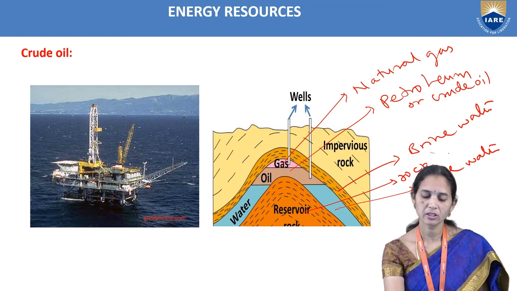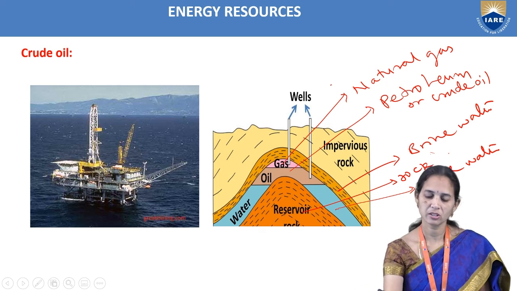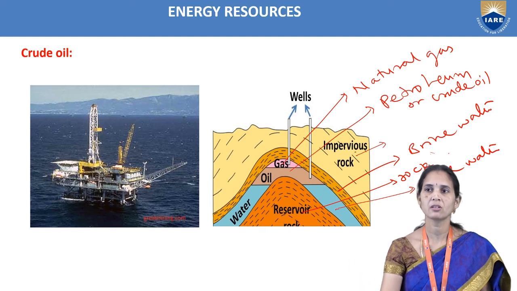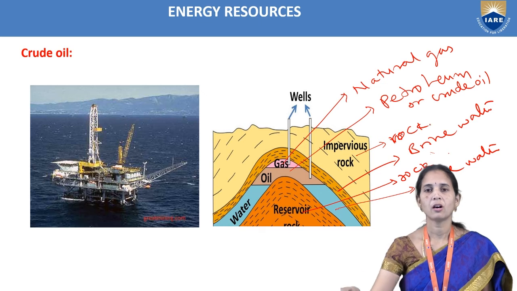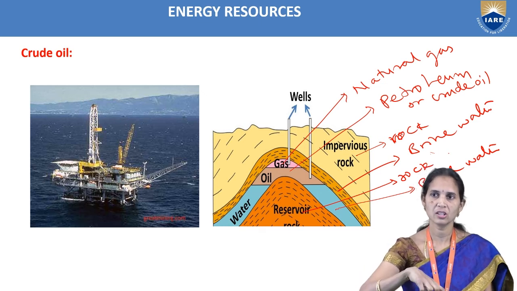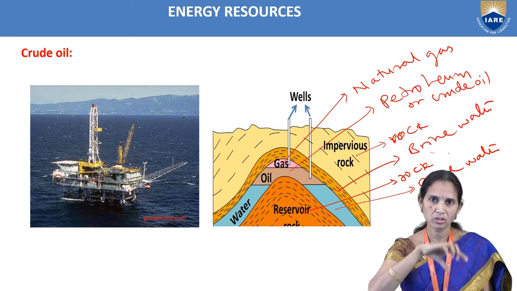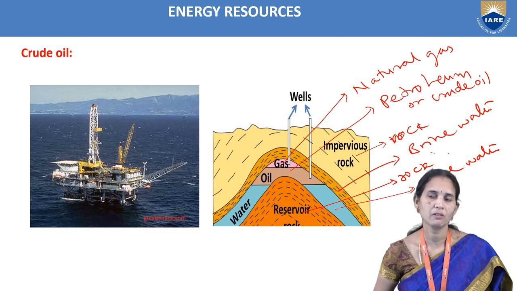So we are taking two pipes and digging. From one pipe we are collecting the natural gas in that well. From another pipe we are collecting the petroleum. So we can see this is the impervious rock. So this is also rock. Like this, under the sea, it is formed in layers, where the rocks are. In that rock area, petroleum or crude oil is formed, and also natural gas.